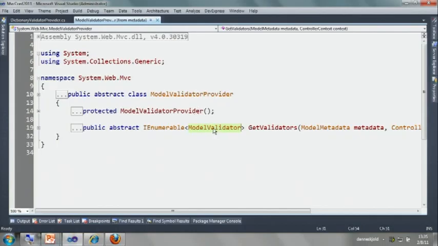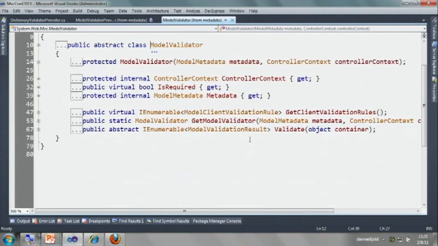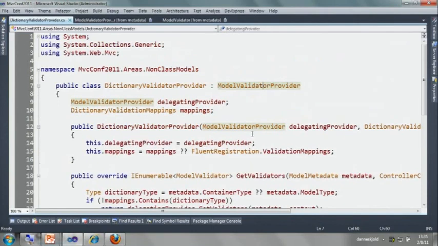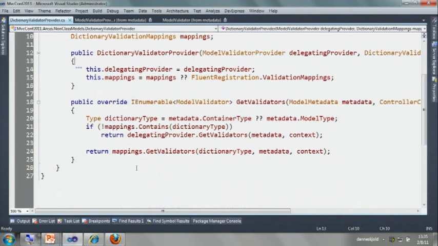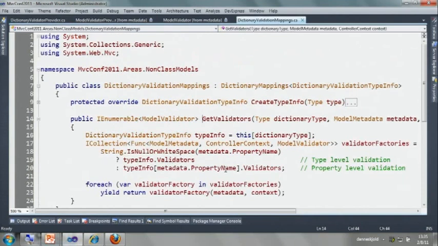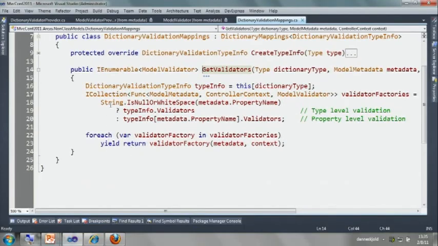So this model validator class is a small abstraction on top of validation, which is essentially validate this object and return results back, as well as get me the client rules so that I can wire up client validation. Our implementation of this is relatively straightforward. Again, we look to figure out whether or not this is something that we know about. Is this a class that we saw registered? And if it is, I go off and get the validators that have been registered into my Fluent registration system. And one by one, I turn those validators into